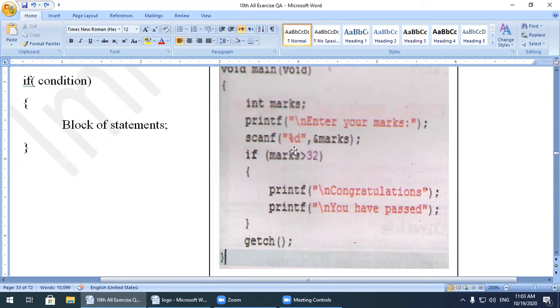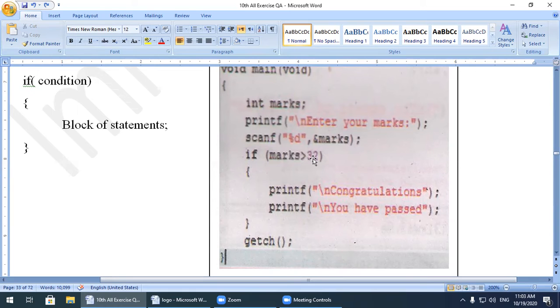Now again I will execute this program, enter your marks. Now if you enter the marks, for example 15, you assign the value 15 to marks, then what will be the result? Check it. 15 is greater than 32, obviously not, 15 is less than 32. So this condition becomes false now.